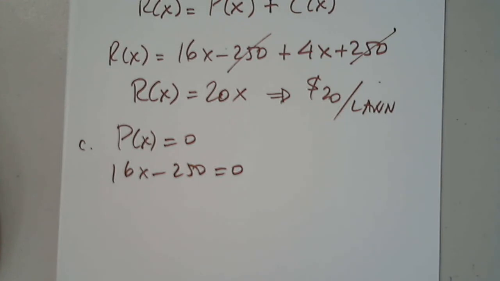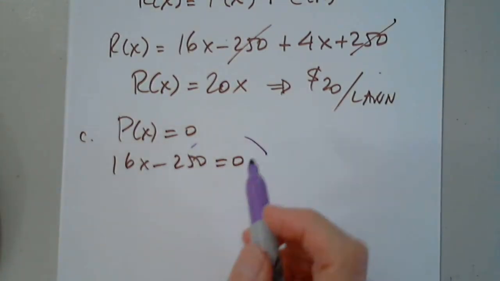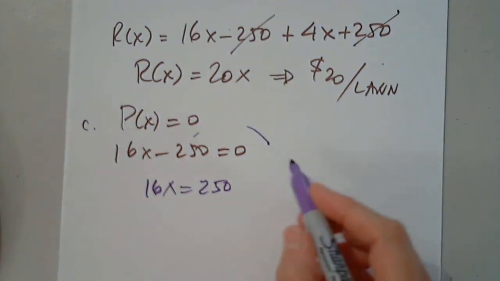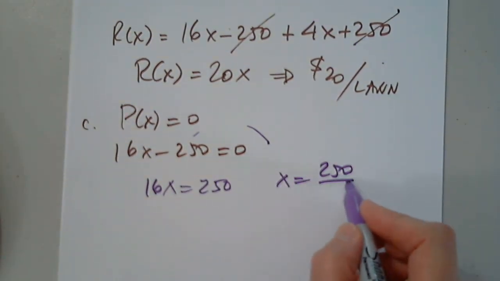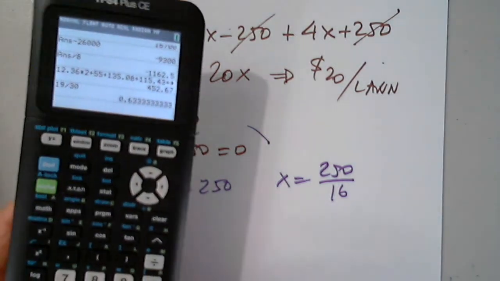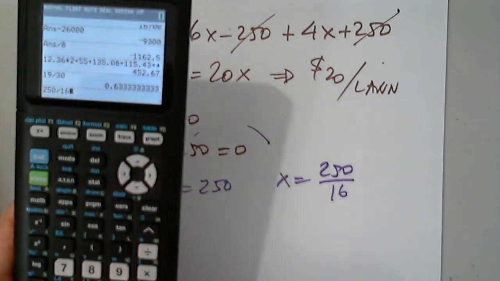Divide 250 by 16. Perfect. So first we move 250 to the other side. It's negative here. It will become positive. And we divide by 16. So 250 divided by 16. So what do we get? 250 divided by 16,